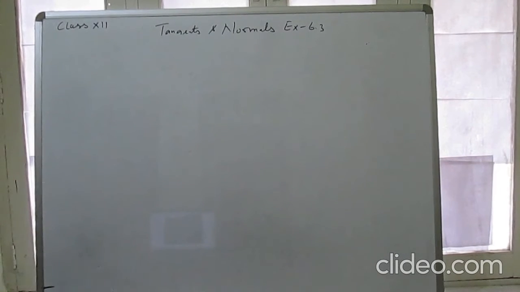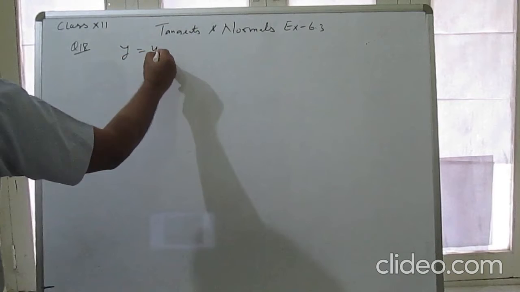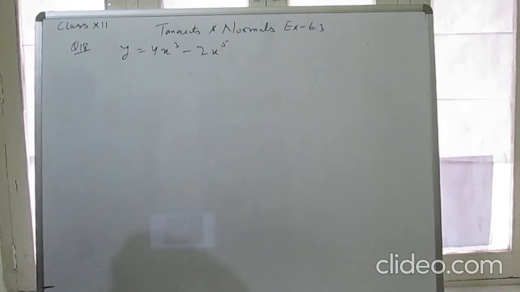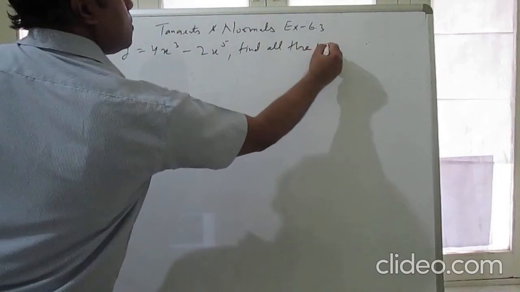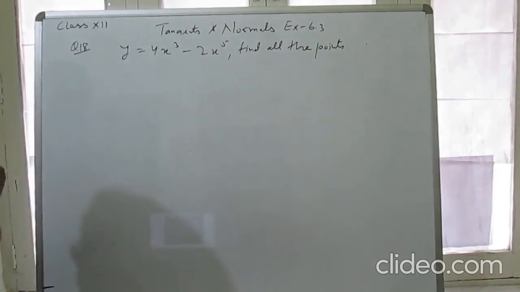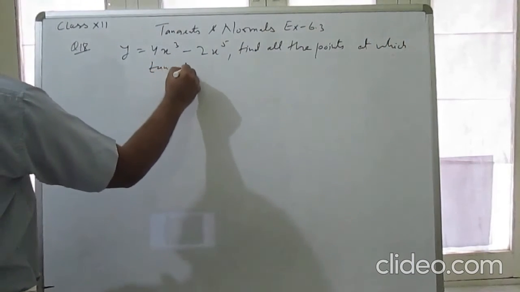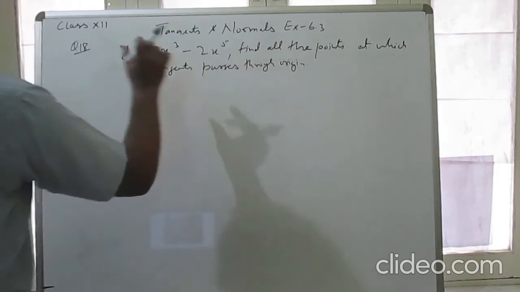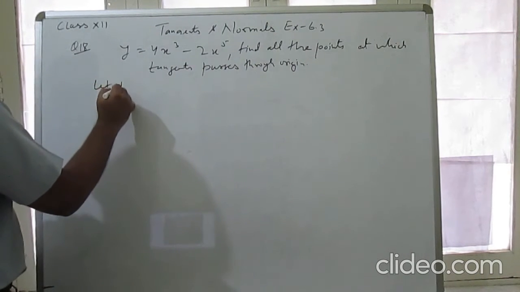Question number 18. For the curve y is equal to 4x cube minus 2x to the power 5, find all the points at which the tangent passes through the origin. Where is the tangent passing through? The origin. So let the point be